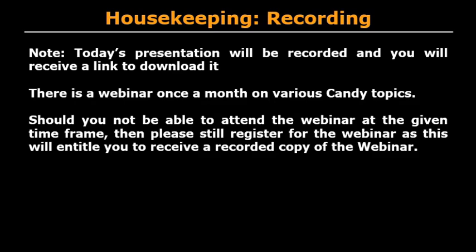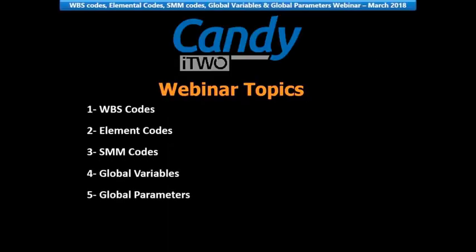Let's get started. I shall present to you the following topics in Candy: WBS Codes, Element Codes, SMM Codes, Global Variables, and Global Parameters. We will be covering the following agenda: